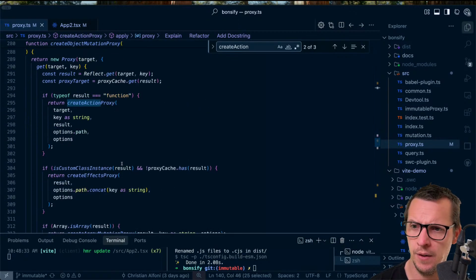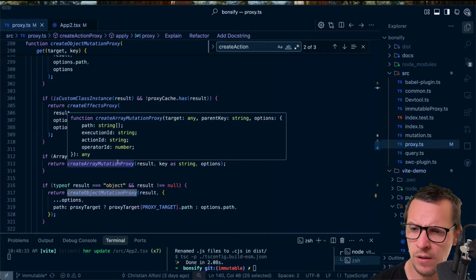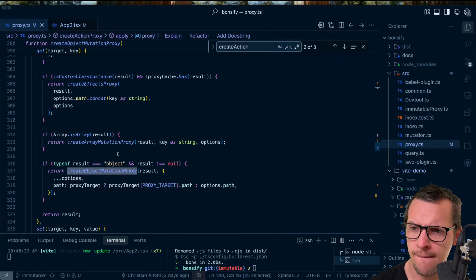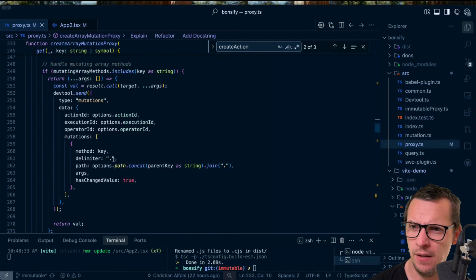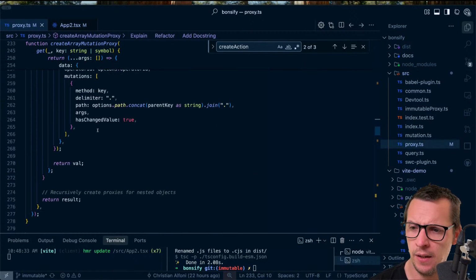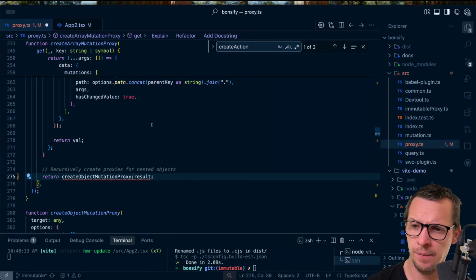Where's create object? Yeah, there we have it. And then we have, if it's create array mutation proxy. Yeah, I think the problem is when we do a getter here, we're not actually, yeah, exactly. So we're not creating,